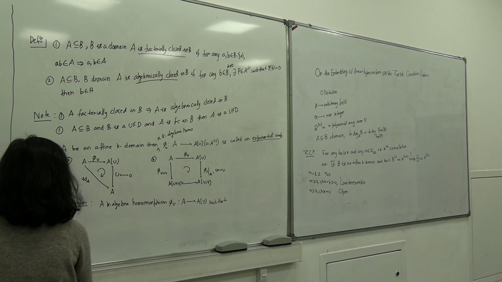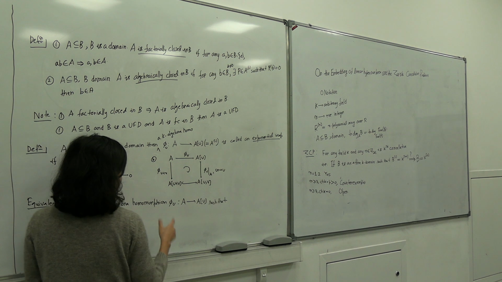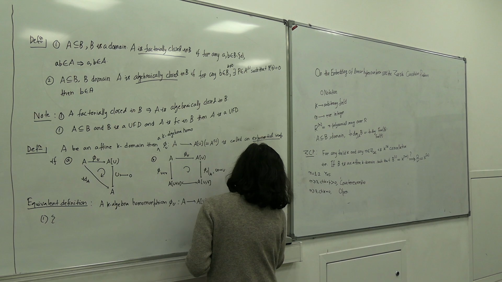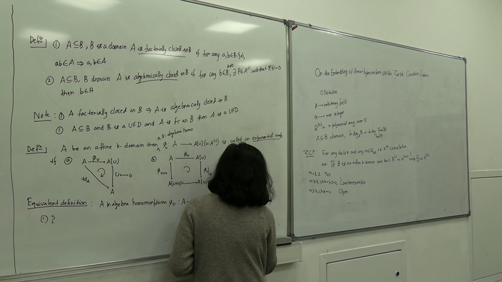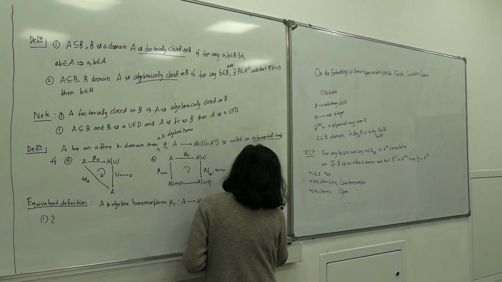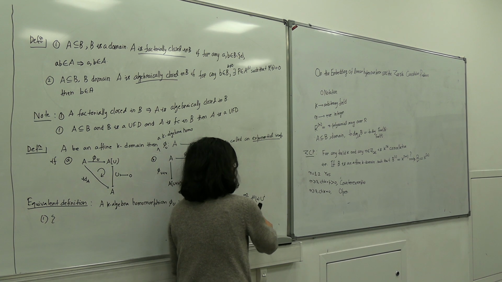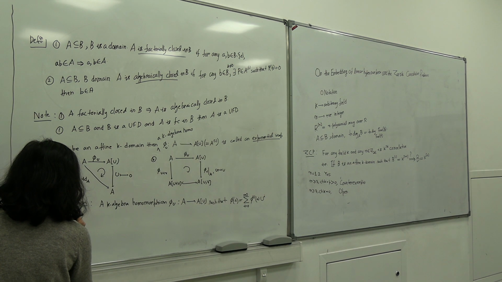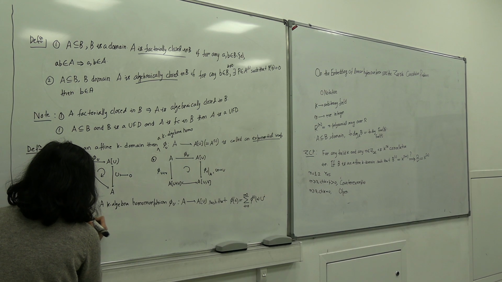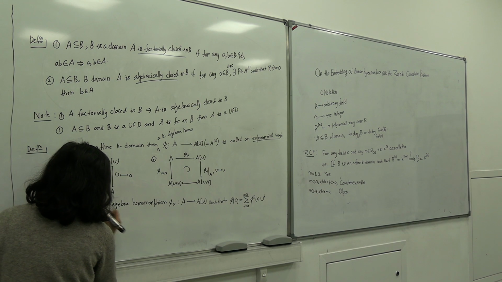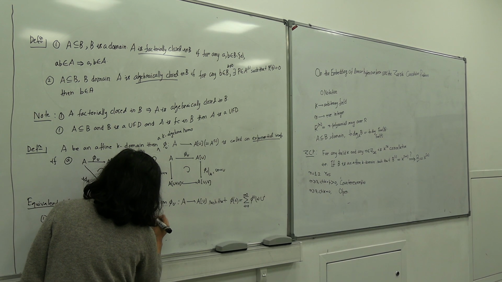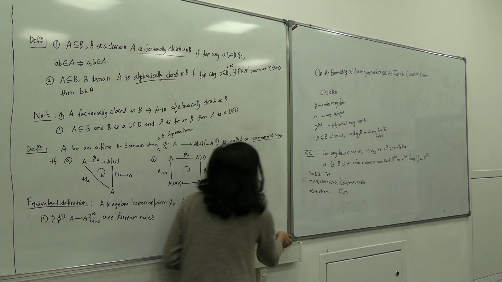Number 1 is that phi_u(a) is a polynomial in u, so I will denote the coefficients by phi_i(a). I runs from 0 to infinity, and u to the power i. That is, phi_i(a) is the coefficient of u to the power i. Such that number 1, these maps phi_i from A to A are actually linear maps.